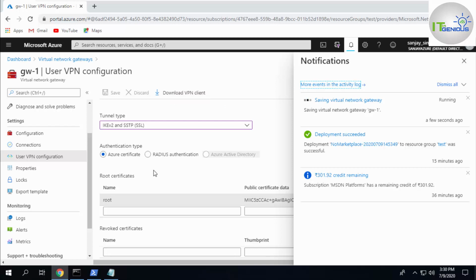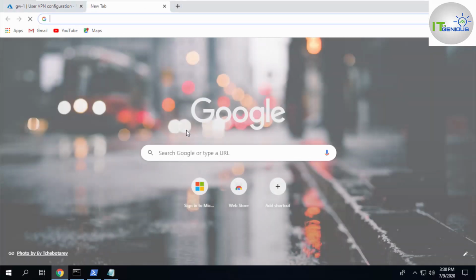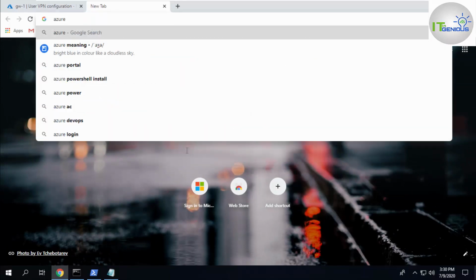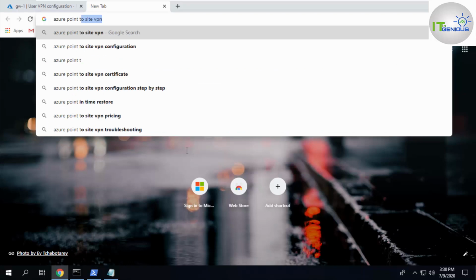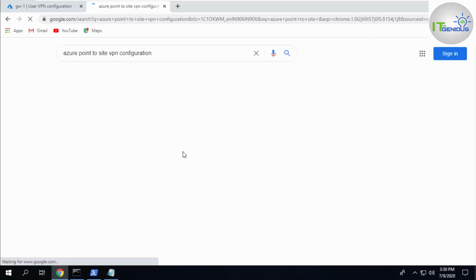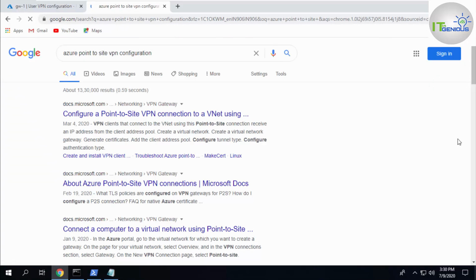Now that user certificate which we have created, you can go to Google and search Azure point to site VPN configuration, and let me show you.